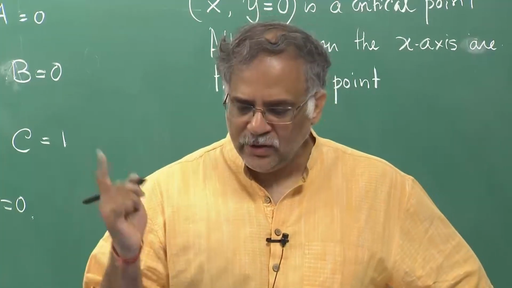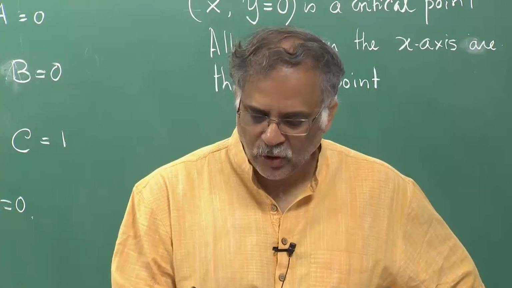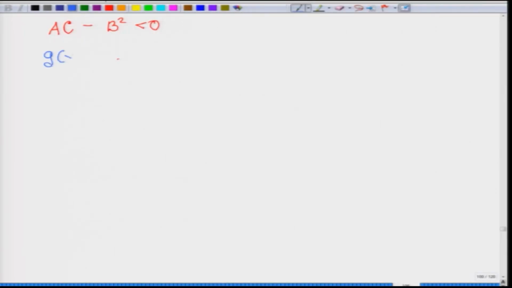So, I know that A is not equal to 0. So, anyway this expression is always valid, that we have already written in green ink. Now, let us look at what we write in blue ink in this particular case. So, if A is not equal to 0, this expression is valid. This is a valid expression.